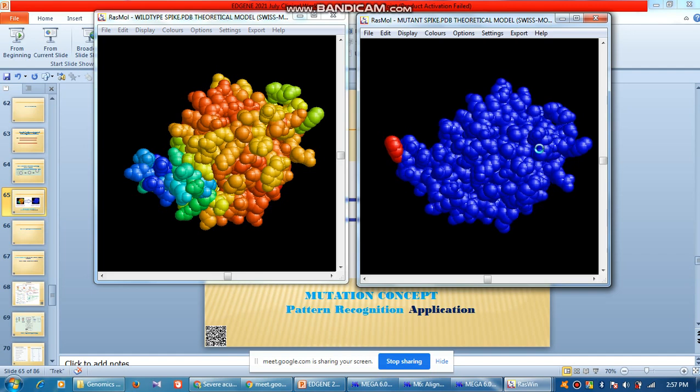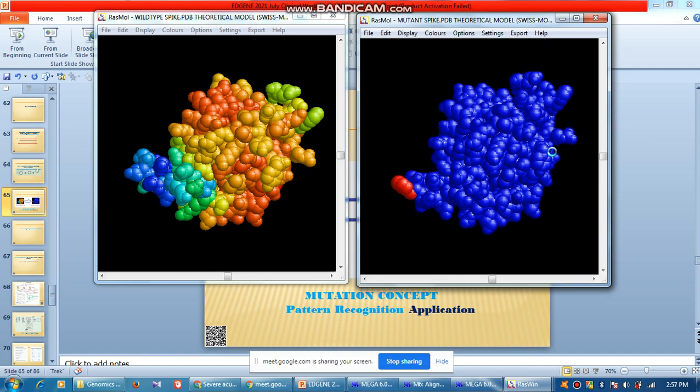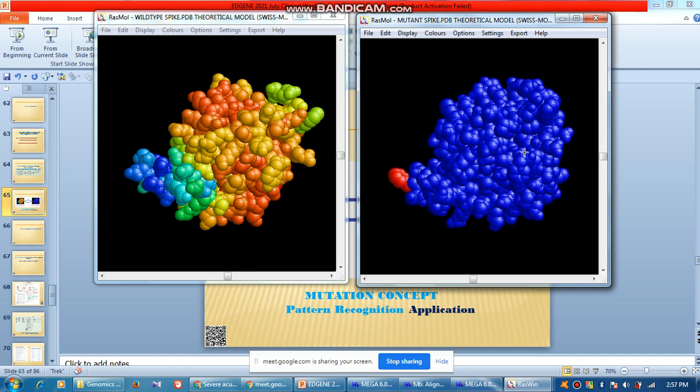So what has happened, a single amino acid residue change has made the whole protein look completely different in terms of thermodynamics, also in terms of geometry. So this is how a protein can get a mutation, and how we can see the impact of a mutation structurally as well as functionally. In order to do it in a functional way, there are multiple processes. So we'll try to show you that.